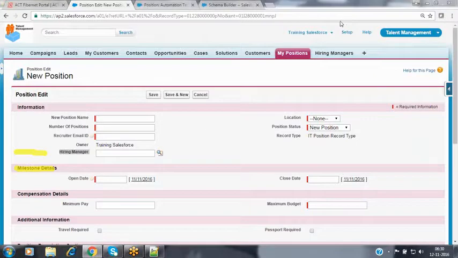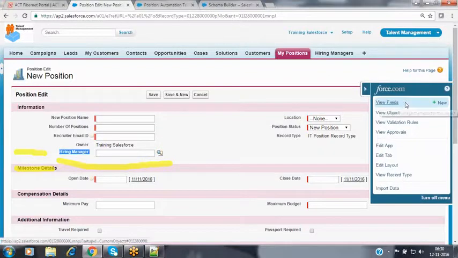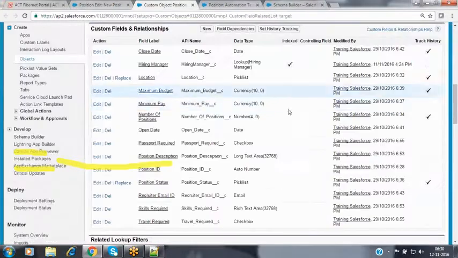Whatever lookup field is available to you, I want to make this lookup field mandatory. How can we make this field mandatory here? Already we have discussed previously that when creating a field, there is a required checkbox. Now let's go to my positions. Go to the fields of this position object.